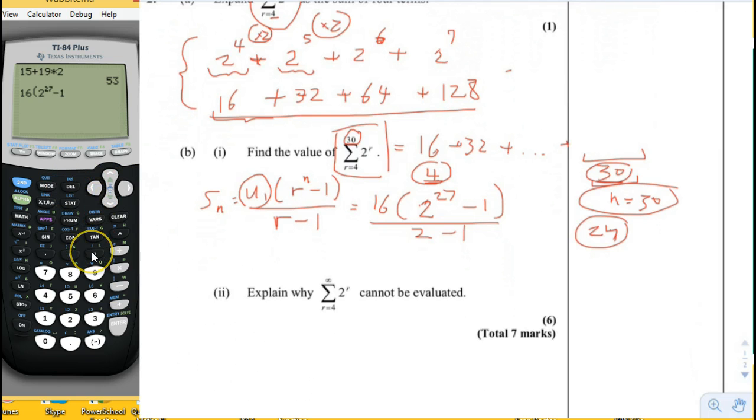Okay, and then we put a closed parentheses, and we divide it by 1 because 2 minus 1 is 1, so we don't even need to do that, right? Ooh, and the answer is 2147483